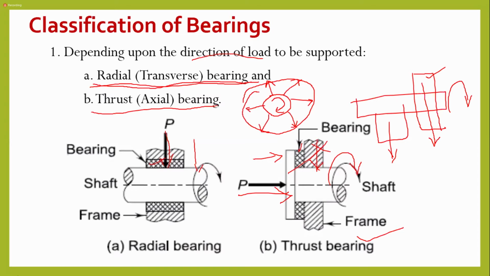Okay, this is the bearing, this is the shaft, right? That is the reason we are calling it a radial or transverse bearing, right? The load is acting totally in the radial direction, so it cannot act in the axial direction. This load cannot be in the axial direction along the axis of the shaft. So either it may be a radial load or it may be a thrust load, right? In a few cases there will be mixed loads, that is radial, transverse or axial.